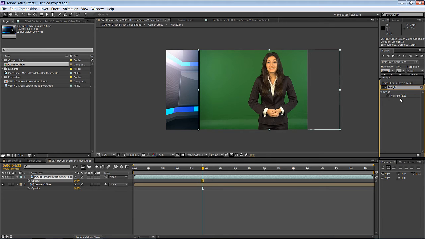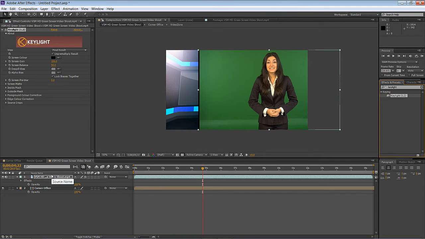There we go. Now, obviously, you might have other third-party keying applications that you prefer to work with. The reason I like to use Key Light is because it's included inside of After Effects. Why wouldn't I if it's there? What I'm going to do is take Key Light, drag it right down here and drop it onto my clip. You're going to notice that nothing has happened. The reason that nothing has happened is because I haven't told Key Light what I want the screen color to